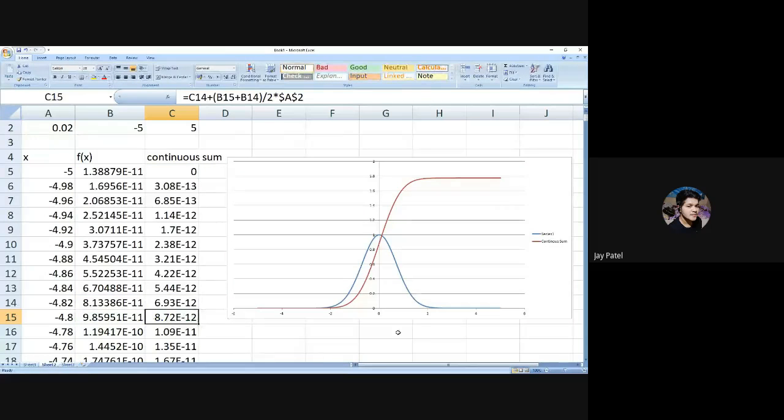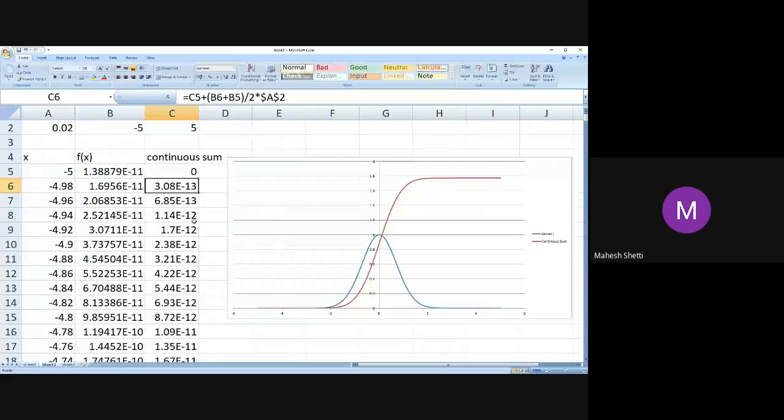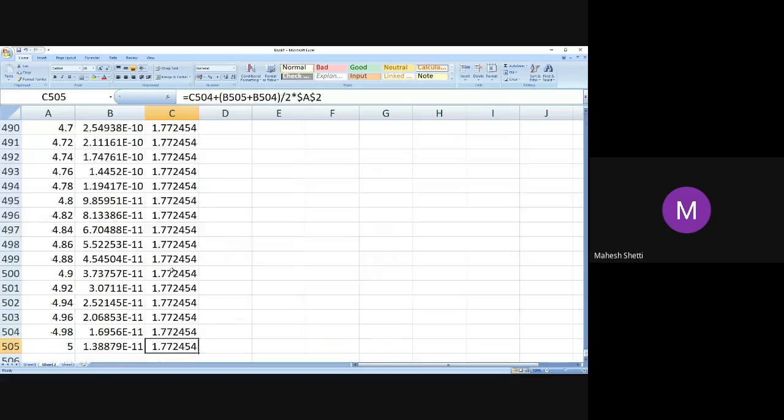In the continuous sum formula, the C5 term, the very first, I started with 0. So it will be like preceding all terms would be added, like C5 plus C6. In C6 I am writing C5 plus this; both terms would be added, and it will proceed like that. I thought only the one before term is added. No, it is a continuous sum. So earlier sum plus extra terms. Okay, that's a continuous sum.